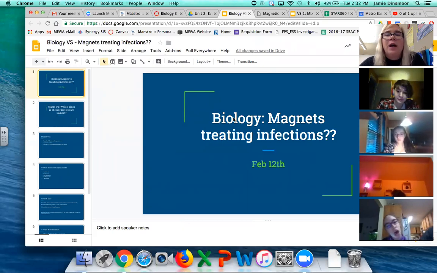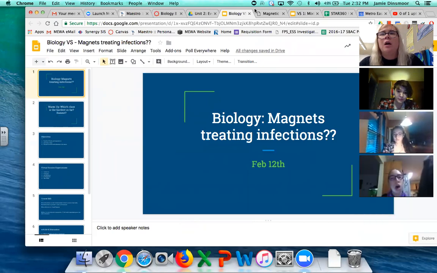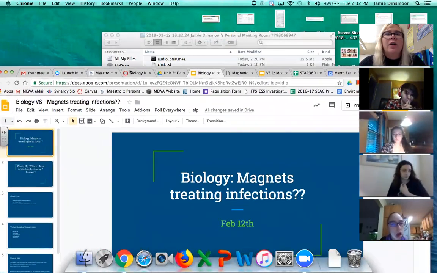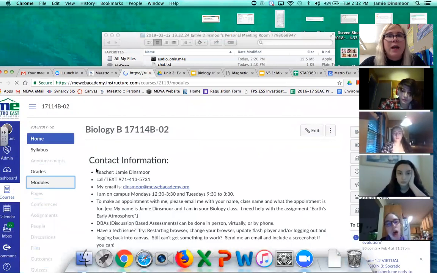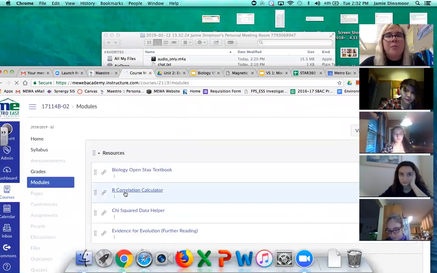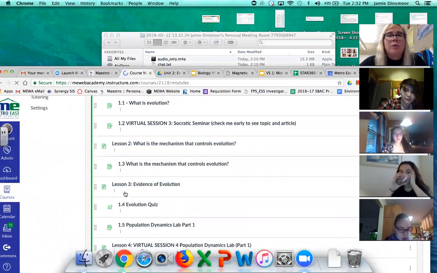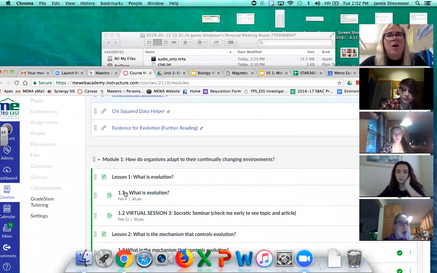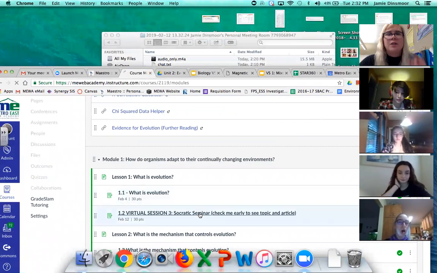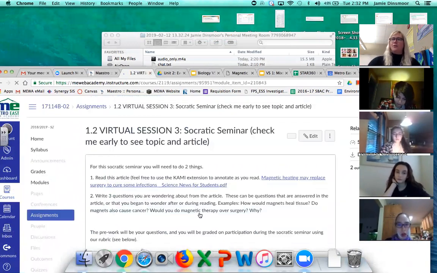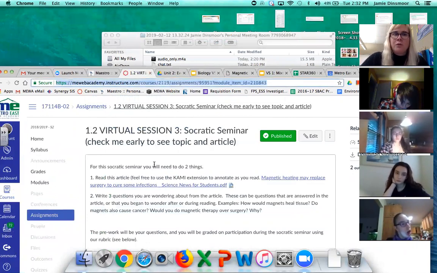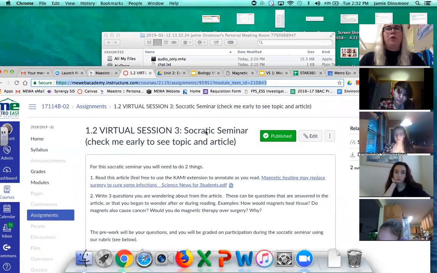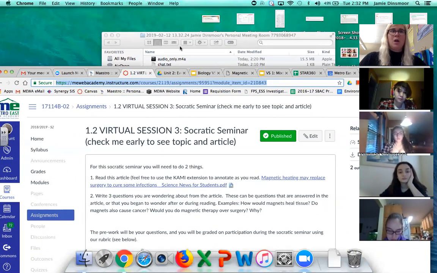So if you guys can open that, if not, let me know. I can paste a different thing. I'll just paste the actual instructions from Canvas in there, and then you guys can go to it from there. The reason I'm doing this now is it's not a very long article. It's pretty short. It's pretty to the point. It's going to generate some interesting discussion for us. So if you haven't looked at it yet, go take a glance at it right now so that you can hopefully contribute to the conversation.